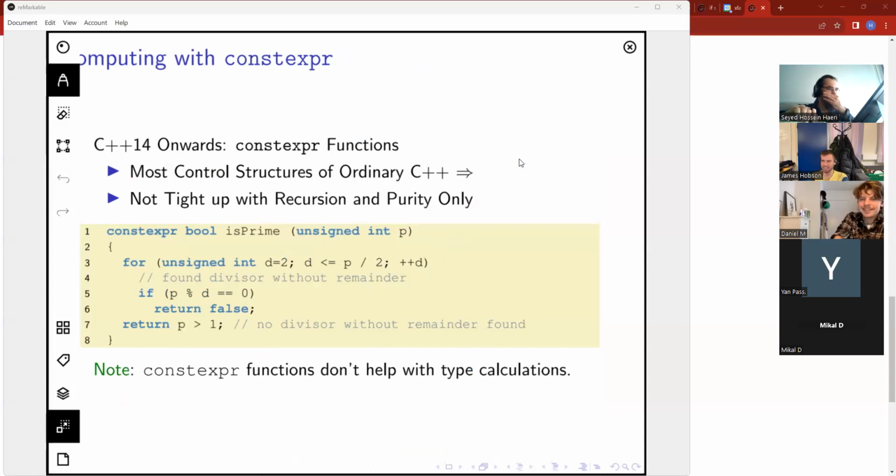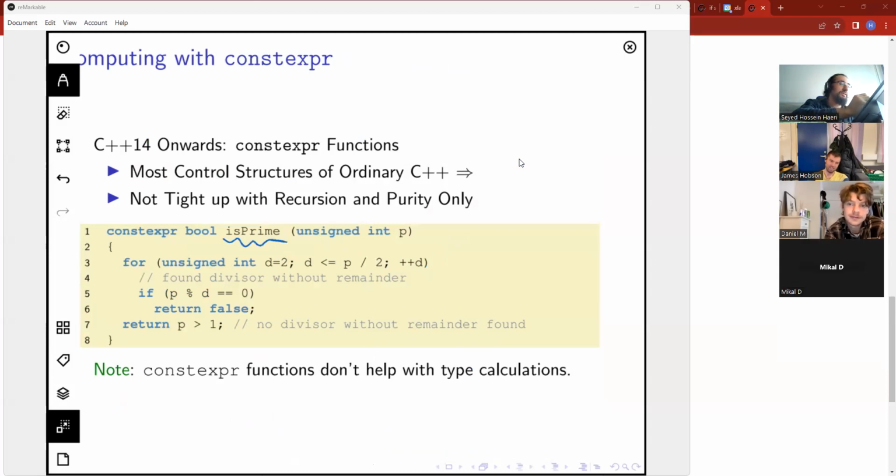Okay. So in today's C++, you don't need to go through all that syntactic noise in this very specific case, because we can just have an is prime function which is constexpr, which means that if P is provided at compile time, the result will be produced at compile time. And you can even go past the recursion. You just put a for loop in and you get the logic done without being a pure functional language.